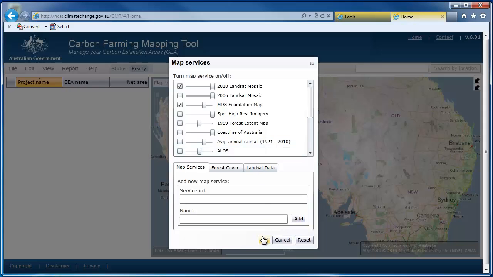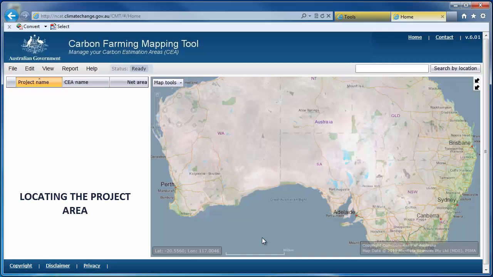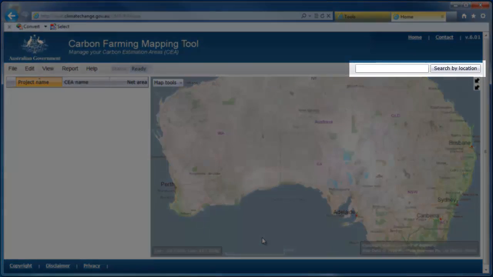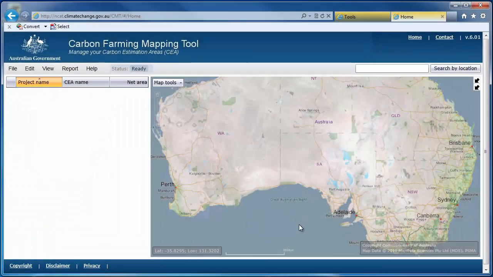But it's time to use the tool. I can zoom to a particular area where I want to run a project, or I can use the search tool to enter a town that is close to the area I'm interested in. I'm going to type the name of a town I know here, and it's blurred for privacy reasons, but once it's entered it drops down and I click on the name and a bullseye will appear on the map at that point.